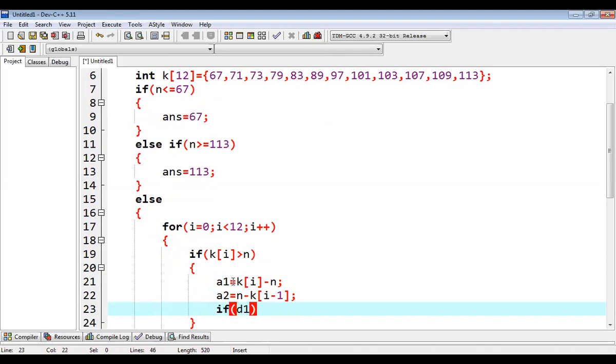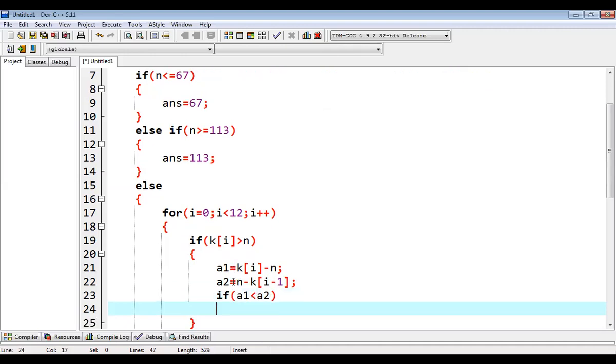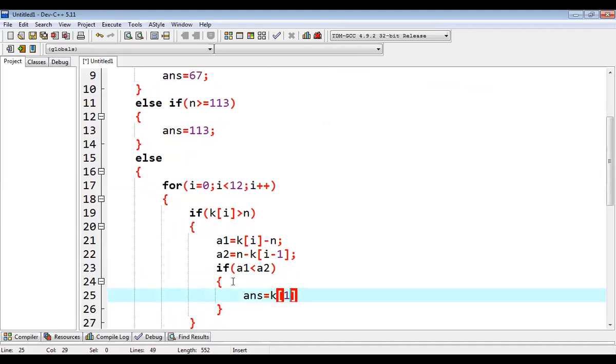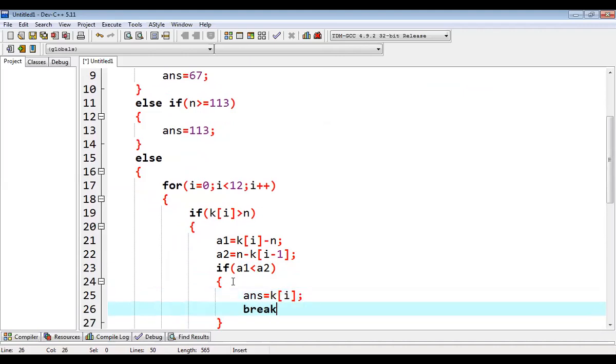If a1 is less than a2, its previous difference is lesser, then the answer will be ki, break from the loop.